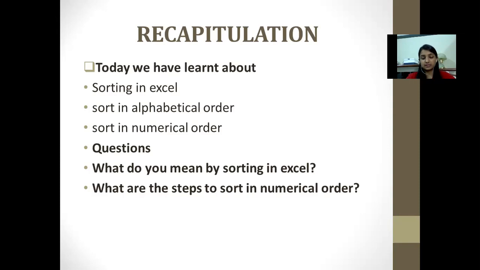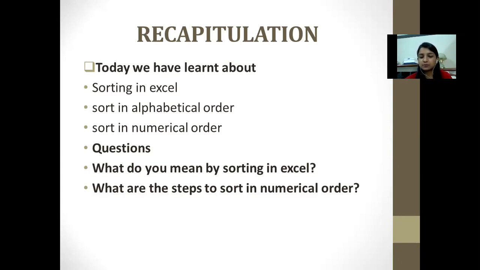Now, this is the question for you. You have to tell me the meaning of sorting in Excel in your own words. I'm giving you a few seconds. You can also write it in your notebook and send it to me. I'll be checking what you have achieved in this lesson, and also the comment box.